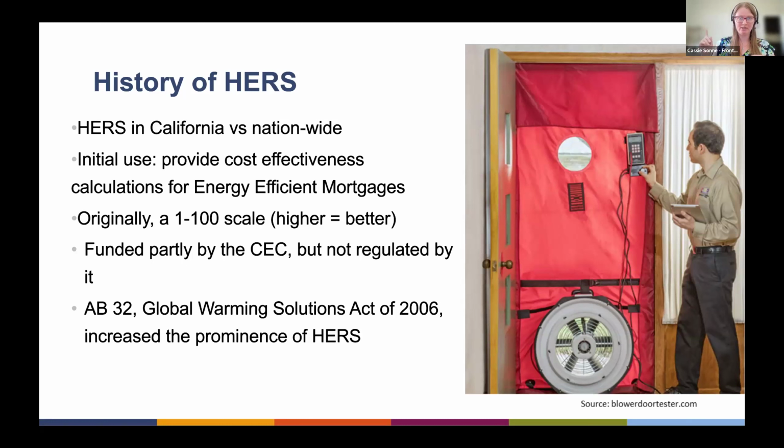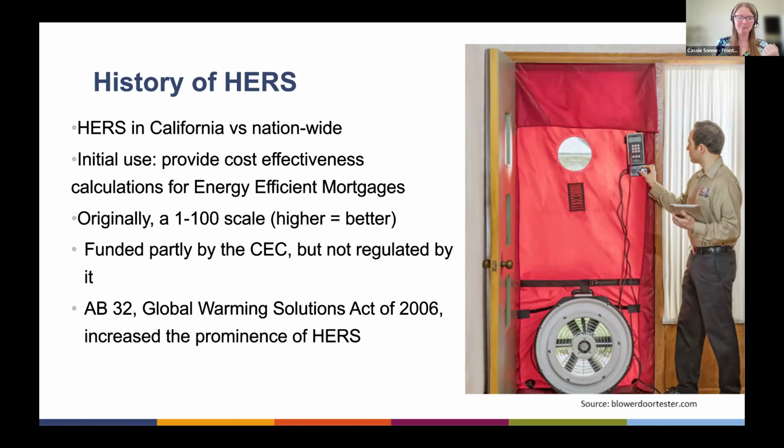So you wanted to get the highest score possible. With this scale, a house that completely met the energy code and didn't go any further got an 80, and a home that was 15% better than code got an 85. So this whole process was funded in part by the CEC, but the CEC hadn't actually started regulating it yet